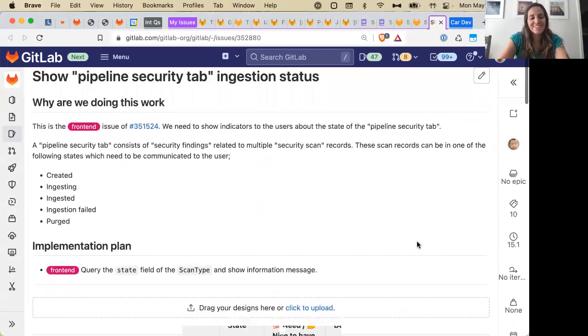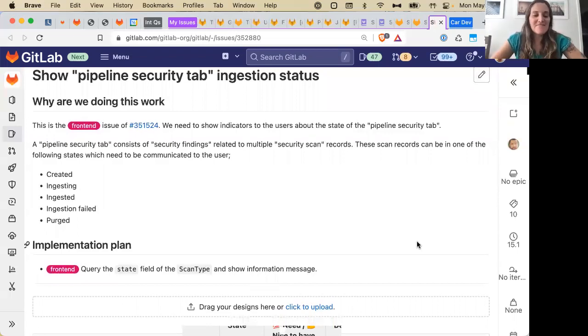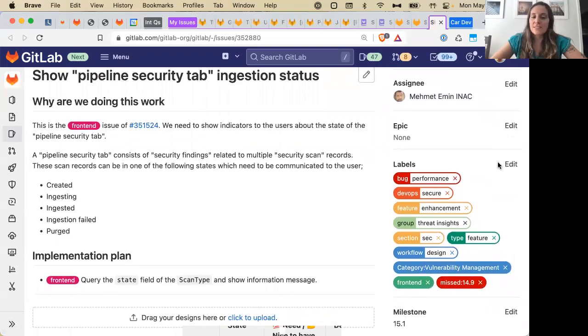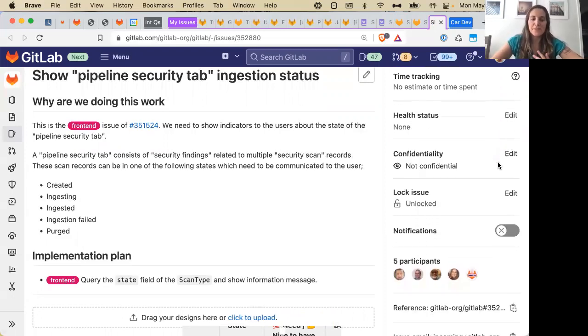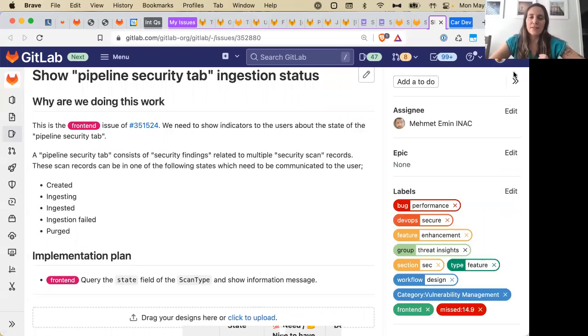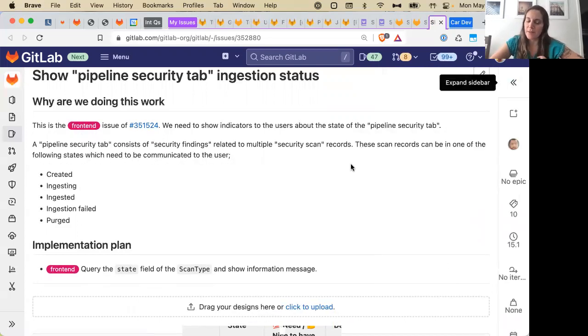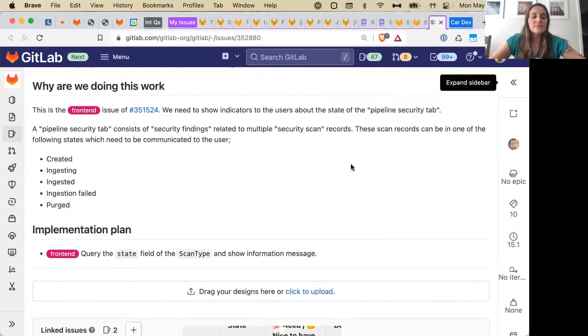Yes. No, it's fine. Yeah, so these are surfacing statuses of the pipeline on the security tab in the pipeline page.